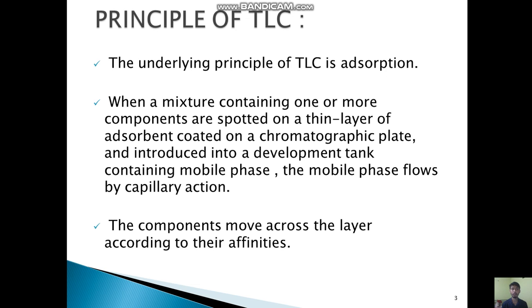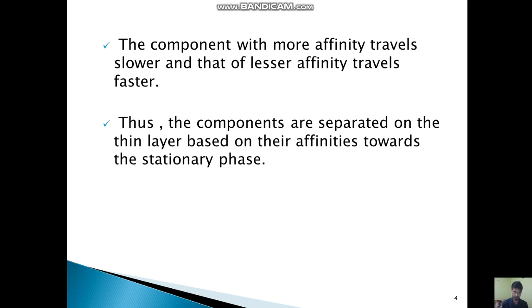When a mixture containing one or more components is spotted on a thin layer of adsorbent coated on a chromatographic plate and introduced into a development tank, that is the mobile phase tank, the phase flows by capillary action. The components move across the layer according to their affinity. The component with more affinity travels slower.